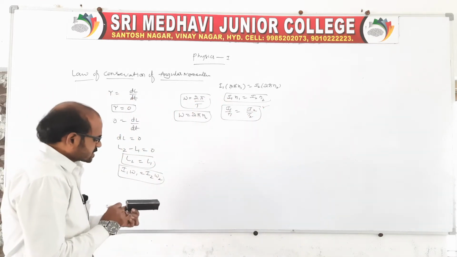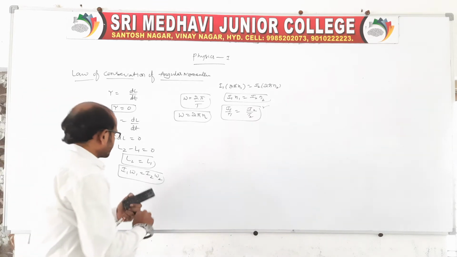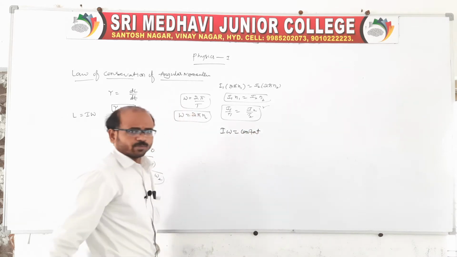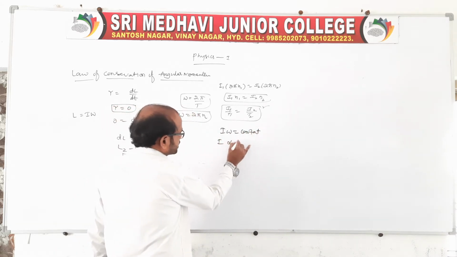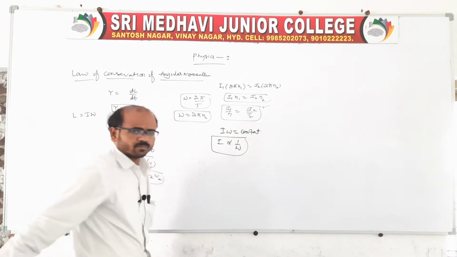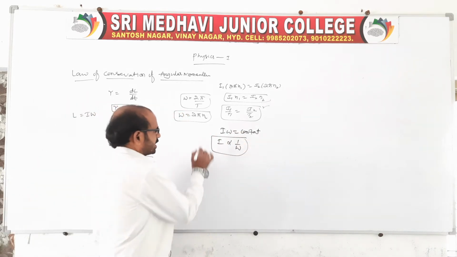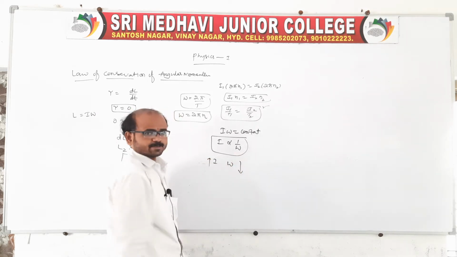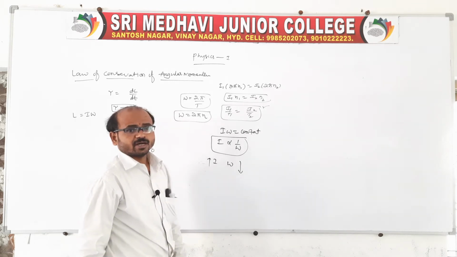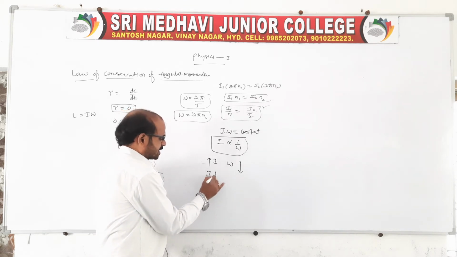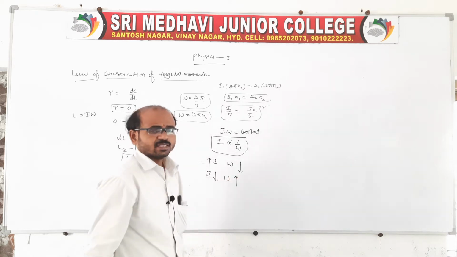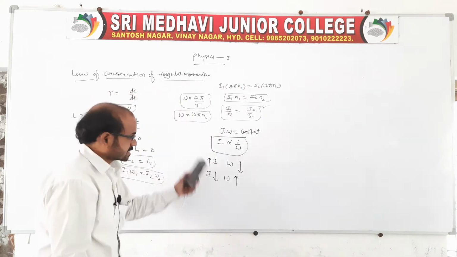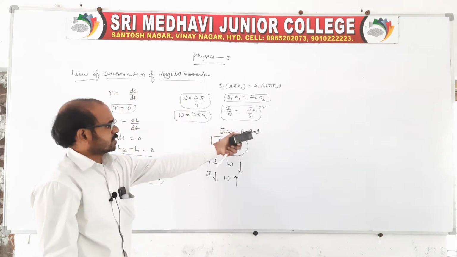In this case, conservation of angular momentum means I omega is equal to constant. I omega is a constant, therefore I is inversely proportional to omega. That means if the moment of inertia increases, the angular velocity decreases. Suppose the moment of inertia decreases, therefore the angular velocity increases. This we can call the conservation. That is, we can say angular momentum is conserved, that is, constant.